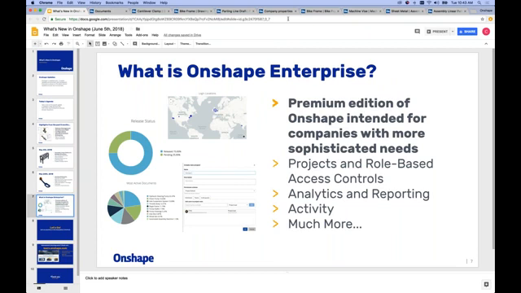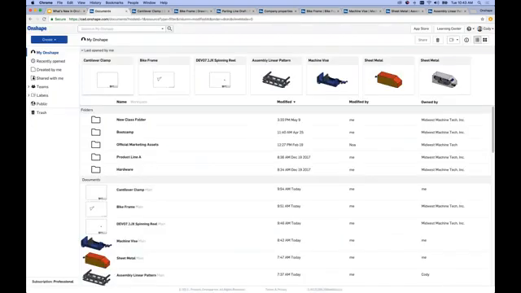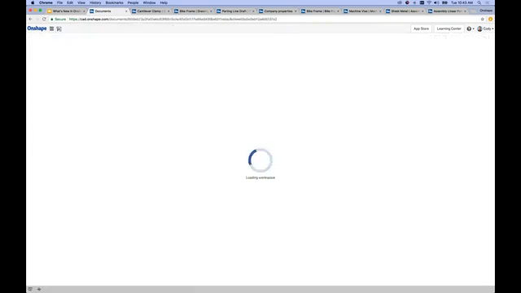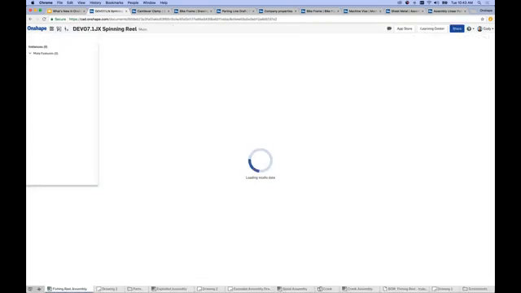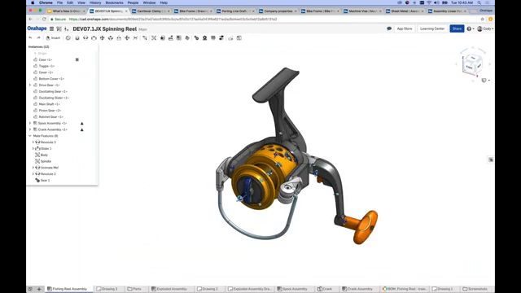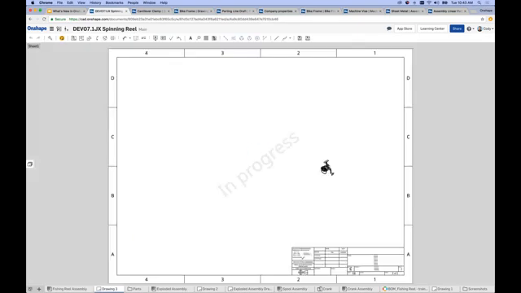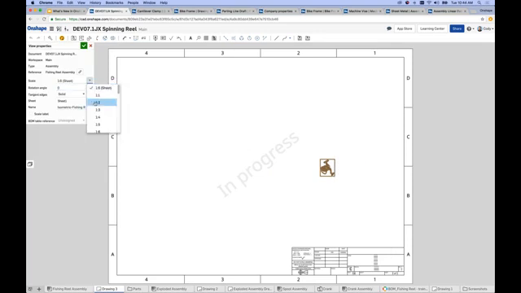Let me give you an example. Oh, did I close it? I think I did. Let's go back to it here. Bear with me for a moment. So this is relatively simple to show. In the drawing, in the insert BOM command, there's an additional option. And I'm not sure why that is so small. There